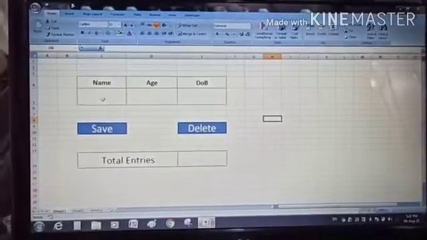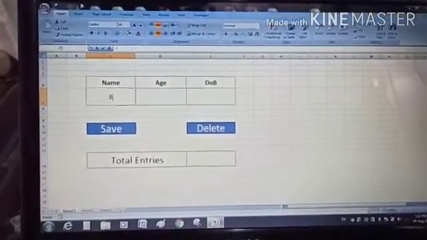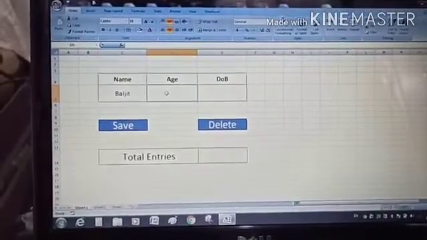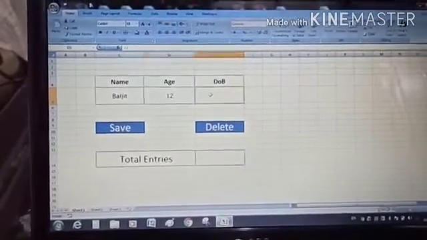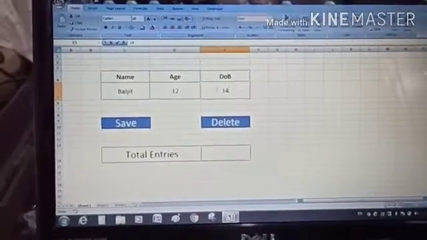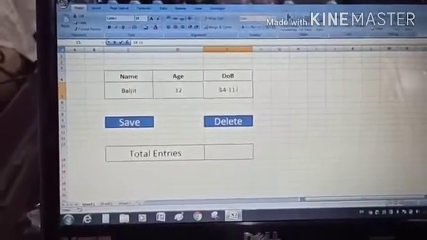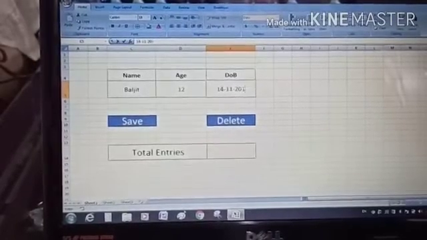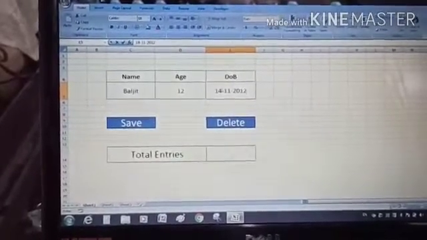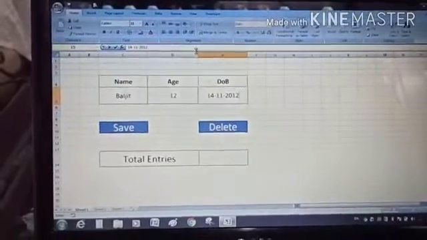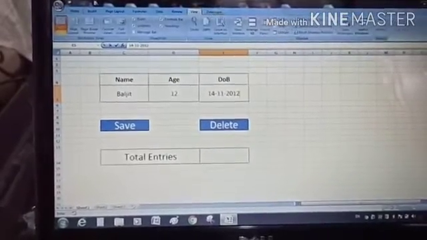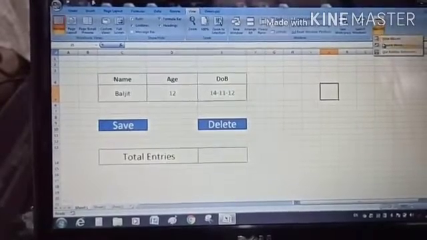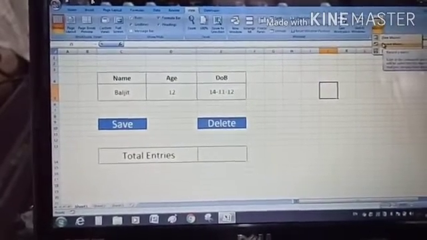Now make an entry here, write any name, age and date of birth. Now from the View tab, click on the option Record Macro.